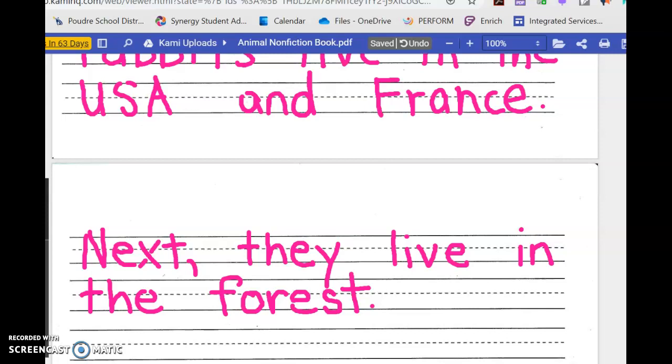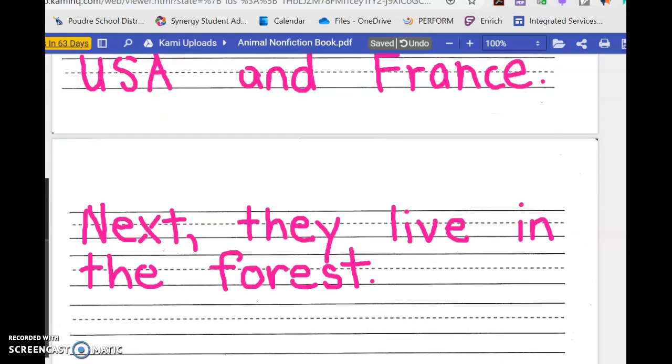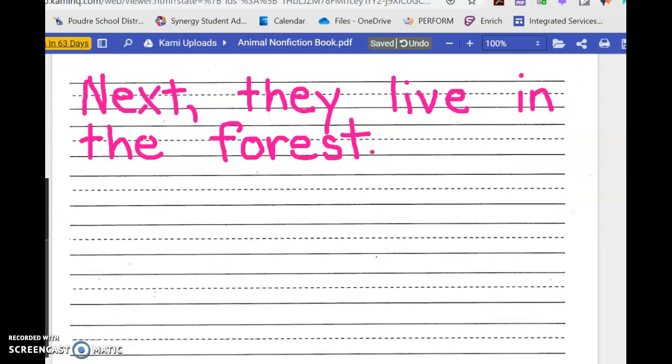Last, their home is called a burrow. That's a really cool fact that you found. So capital L, magic C, A, magic C, S, dive down T, comma, last, their home, dive down T, dive down H, hit the ball, run around the base for the E, dive down I, dive down R, their home,